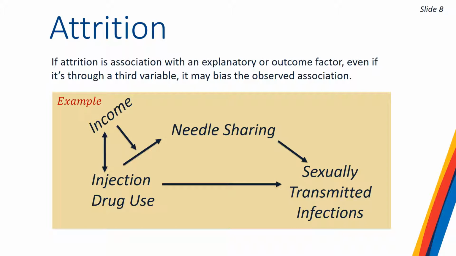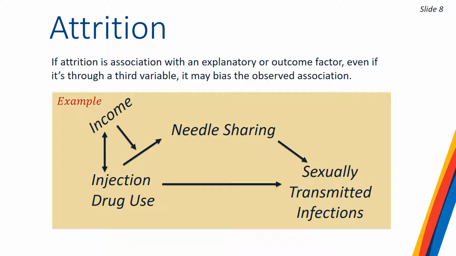Individuals move away, they lose interest, or they get sick and die. And because cohort studies require multiple follow-up periods, they are subject to bias based on the motivations that individuals have for entering and exiting the study. Indeed, if individuals exit the study, this may cause us to either underestimate or overestimate an association between an exposure